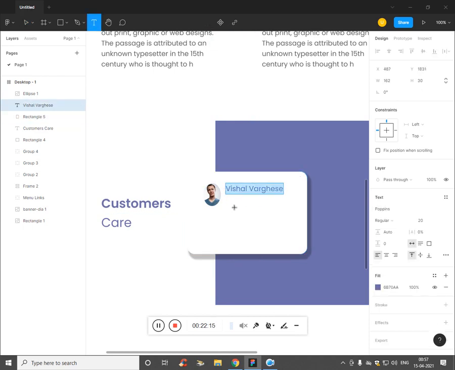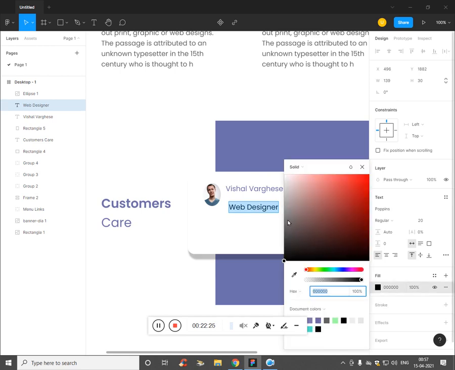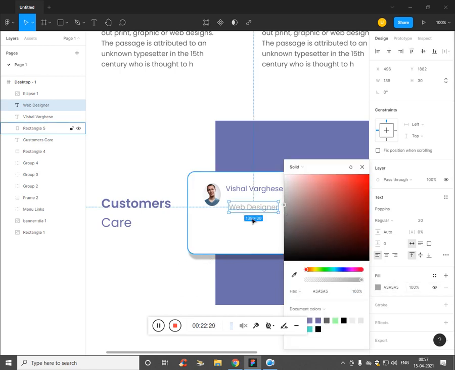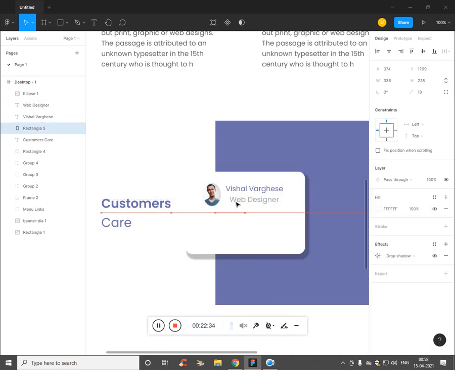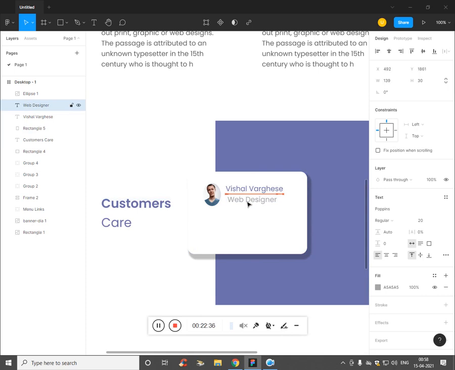Now type T again and add the designation, and let's make this grayish. Press V. You can decrease the font size.